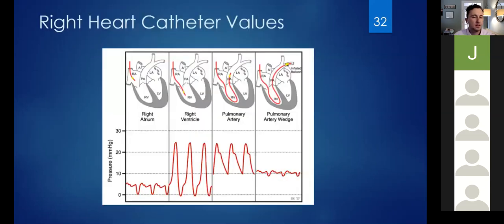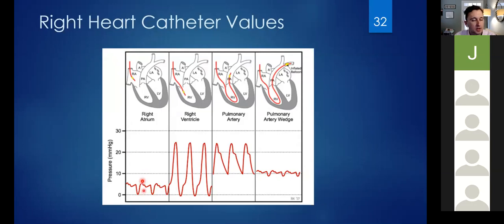Okay, so let's look at it a little bit differently. The top part of this graph shows the location of the pressure catheter in a right heart catheterization procedure, and the bottom part of the graph shows the different pressures. So here are our pressure catheters coming in through the SVC and into the right atrium, where I mentioned we